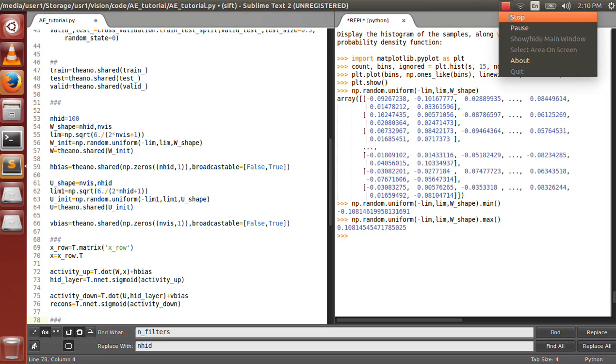So with that, we have defined the essential equations of our model, the upward and the downward pass.